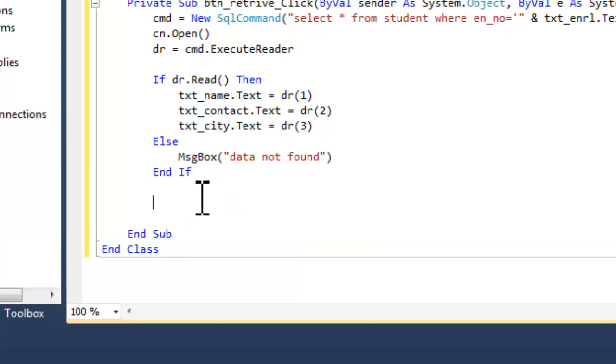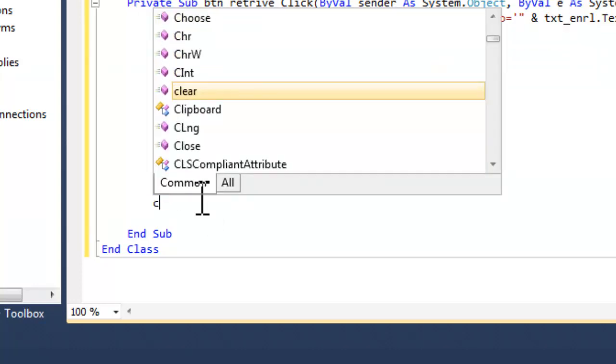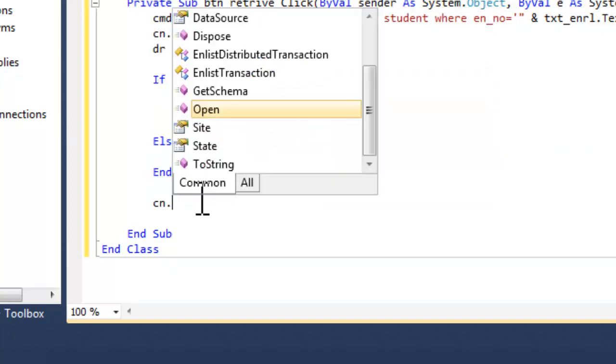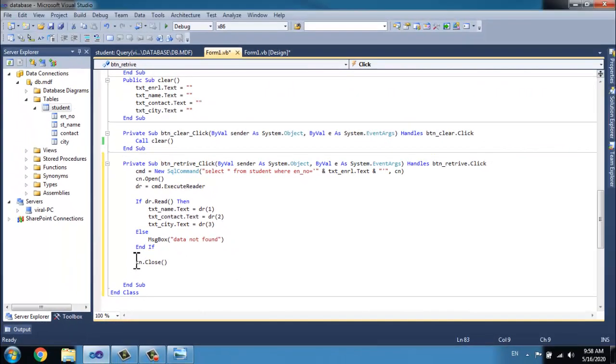And lastly we close the connection with cn dot close. Keep in mind that before closing the connection, you have to complete fetching the data in the dr object. After completing that, then you write the close connection. This is the simple step for fetching data from database.